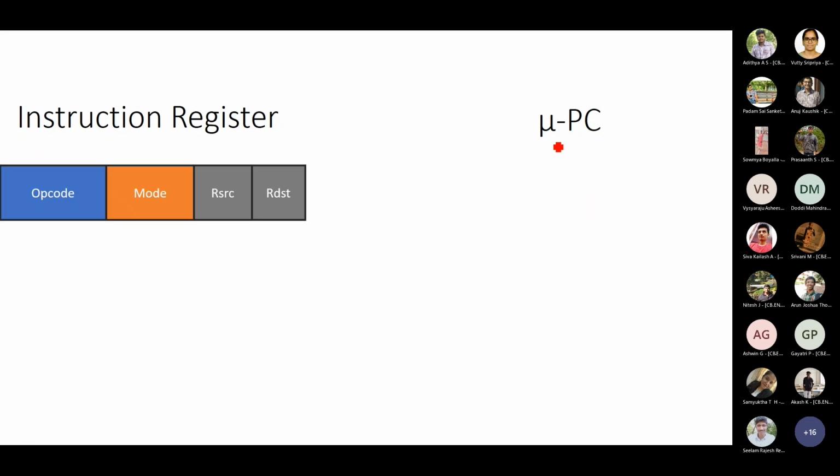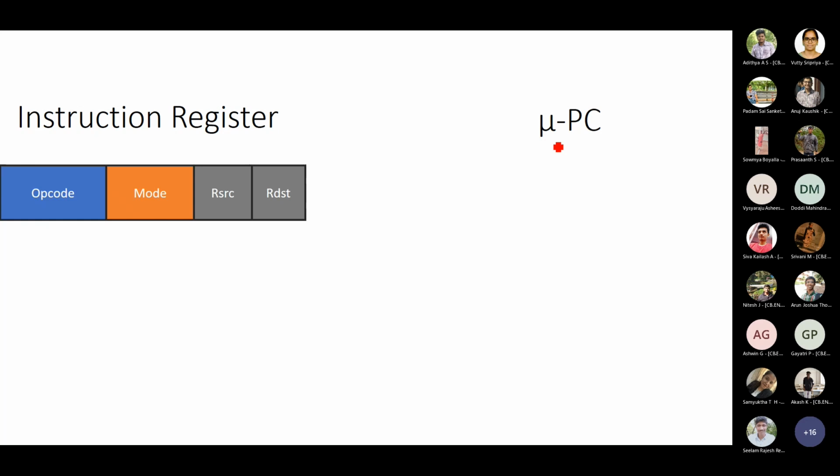Okay, so now in order to execute this microprogram sequencing, we have 2 important registers for us to understand the content of. First one is instruction register, which we already know. Instruction register stores the instruction to be executed. And this is MuPC, which is the counterpart of your PC. So this will store the address location of the micro instruction to be executed, which is MuPC. So we will decode what is present inside this instruction register and MuPC. We will try to understand that first.